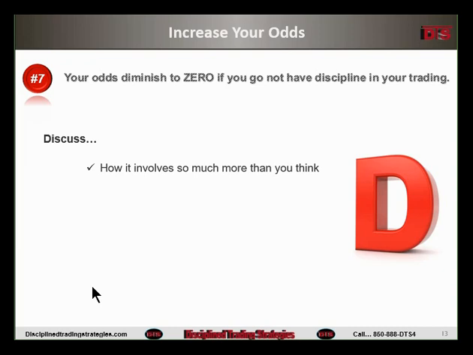The way you get discipline really is to build up that confidence. Think about this. It's so much easier to exit a trade at a loss when you know you're a winning trader. Does that make sense to anybody? That line just popped out of me out of nowhere. What a great line. Think about that for a minute. It's easy to exit a trade at a loss when you know you're a winning trader. Does that make sense?